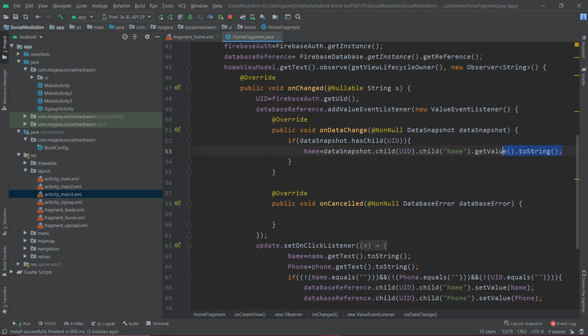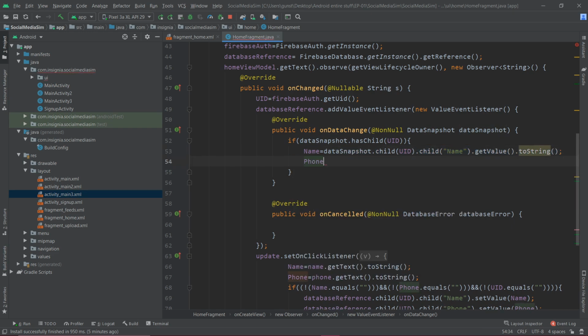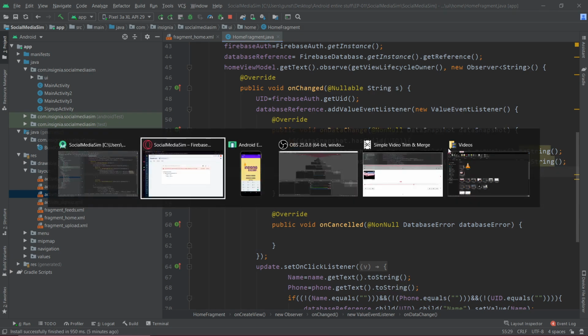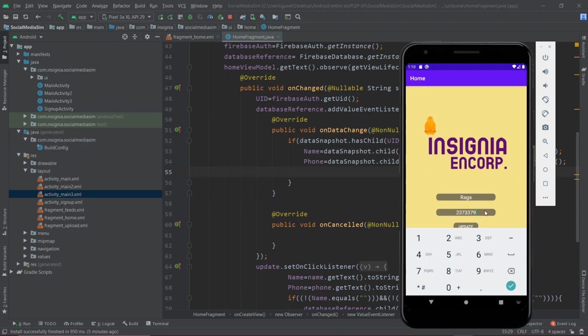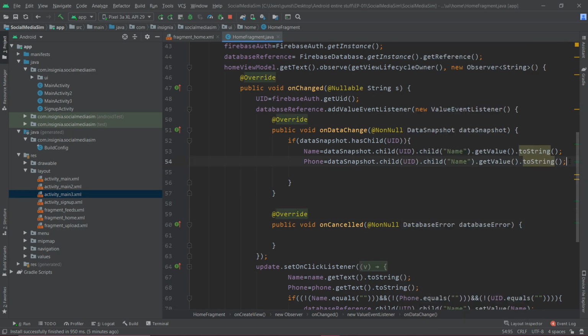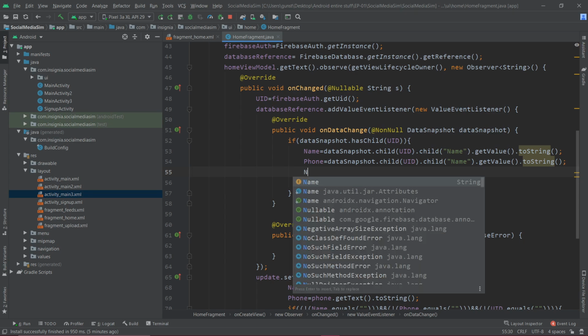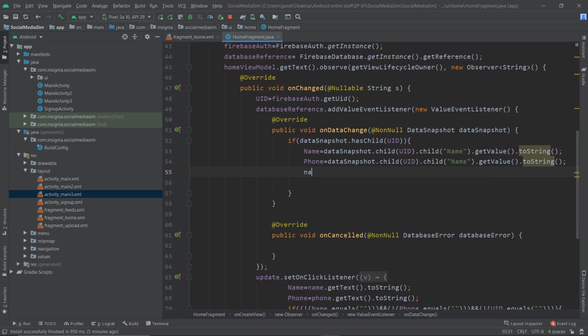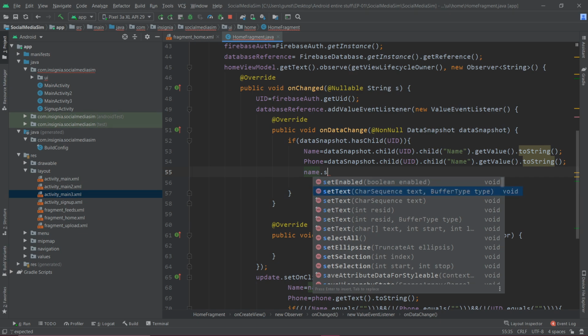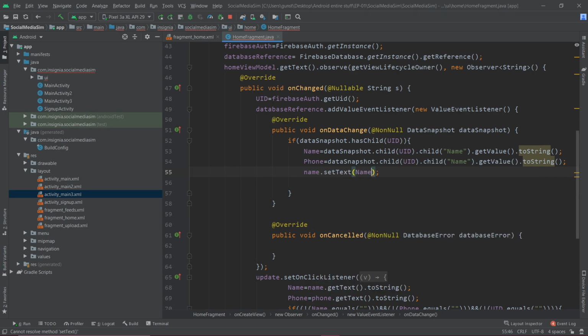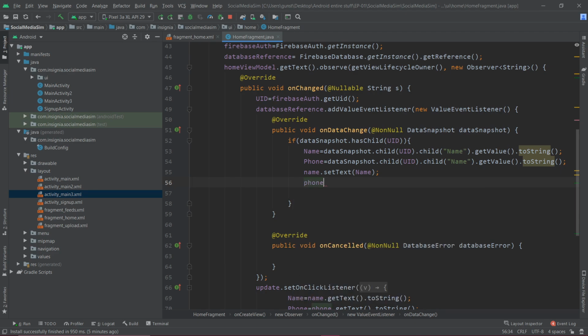We'll just copy this entire section since we are gonna use the same thing for our phone too. So phone will use the same thing, and we would have to set. And what we have to do, once we get the text, we are just gonna put that text over here and we are gonna set it, we are gonna disable these edit text and the update button. So what am I gonna do? I'm gonna do something like, so small n is my right. So name dot setText of my name and phone dot setText.